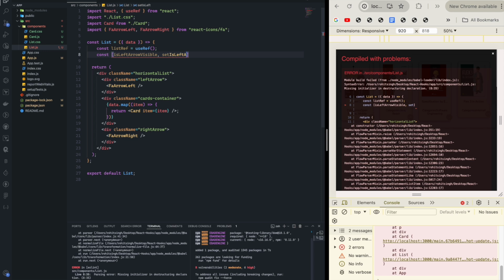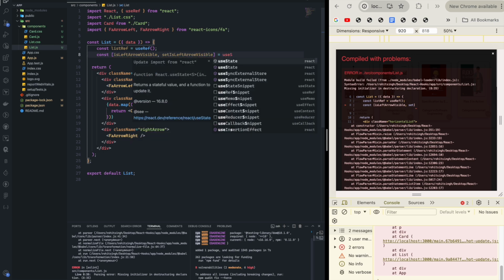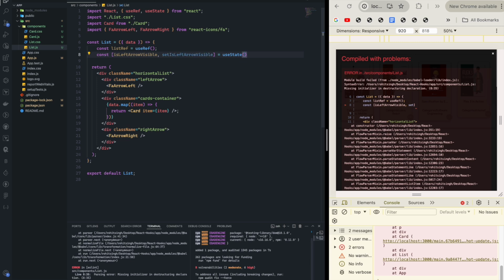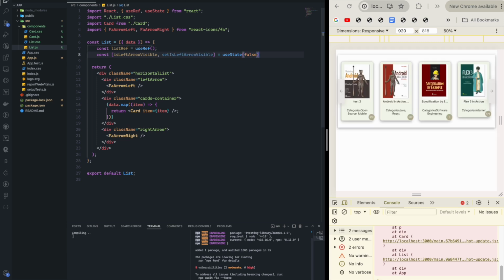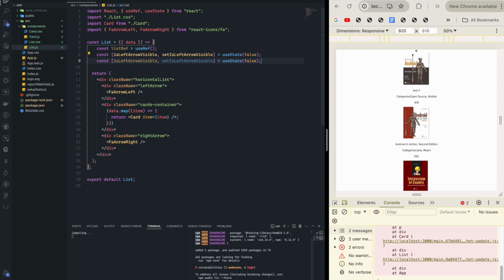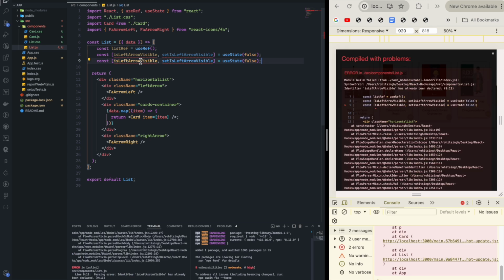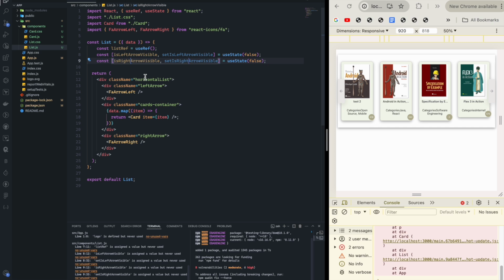So let's first set as false, as at the starting we are not showing our left arrow, and let's show is right arrow visible, duplicate it, erase it, right. Okay,